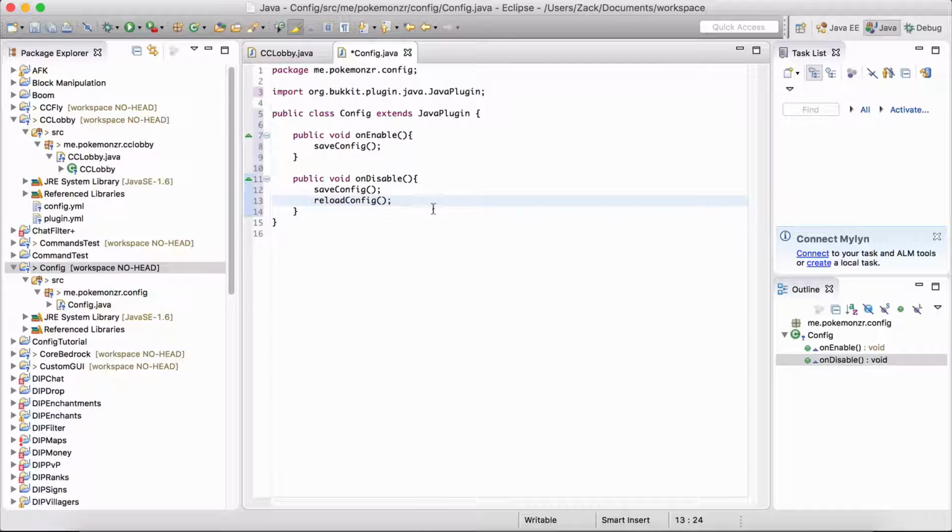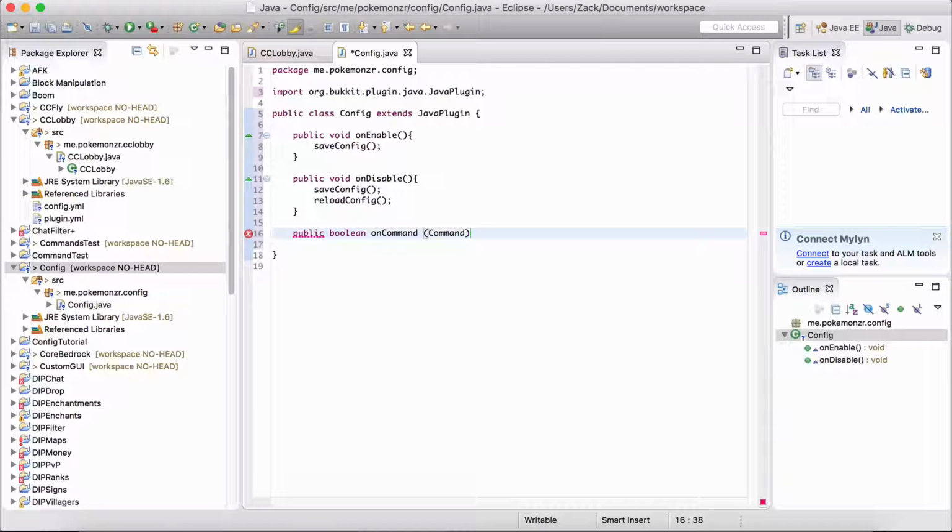So save config basically saves the configuration file, the config.yml, and reload config reloads it. So like when you have a plugin and you type / the plugin name and then reload, it's just reloading the config instead of reloading the entire server. So we're going to change our config through a command. So we're going to create our onCommand method, public boolean onCommand. I believe, I haven't done this in a while,